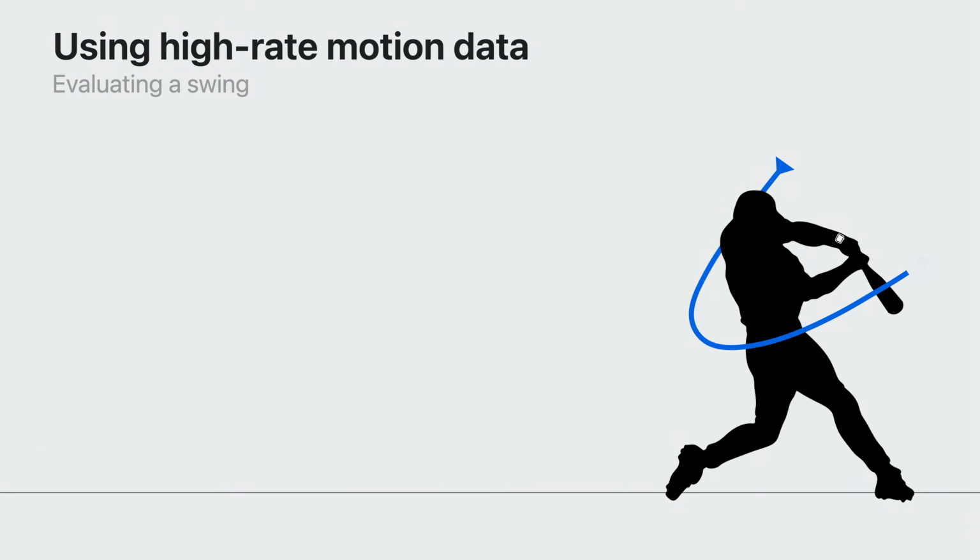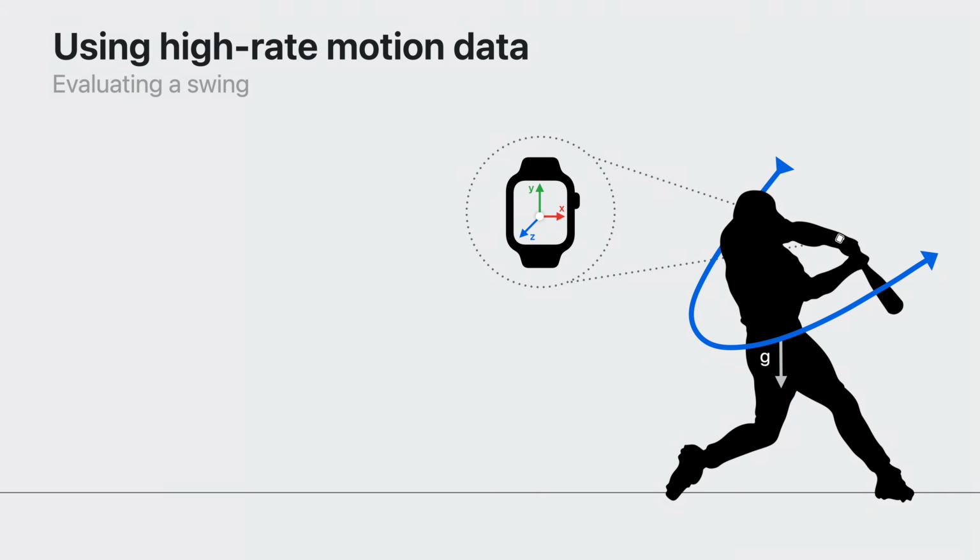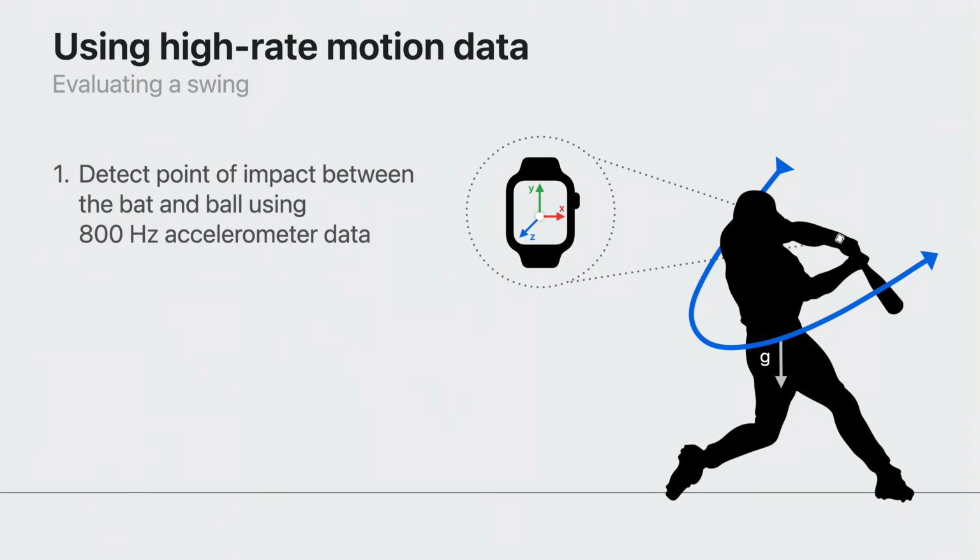On the batter's wrist, we can see Apple Watch with the X, Y, and Z directions. We can imagine the path of the wrist as it moves around the batter in blue, with the gravity vector pointing down. To compute time to contact, I'll first detect the point of impact between the bat and the ball